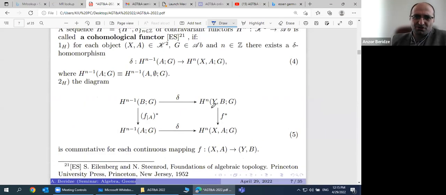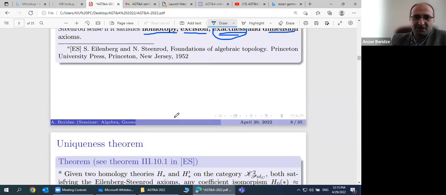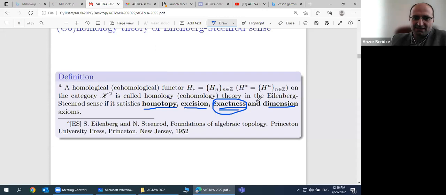What about cohomology? Cohomology is the same approach, but we have contravariant functors, and we have a sequence of contravariant functors, and we have these properties. And if we have these axioms, then we say that this cohomological functor is a cohomology theory. So this cohomology theory, I will say, is in the Steenrod-Eilenberg sense, because these axioms characterize homology and cohomology theory on the category of compact polyhedral spaces. But